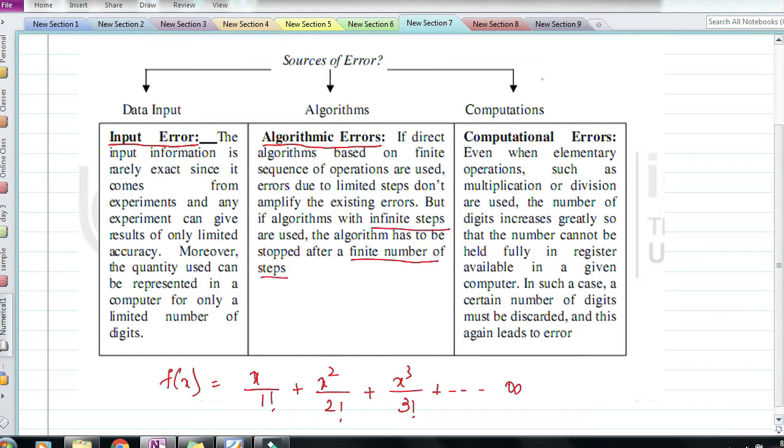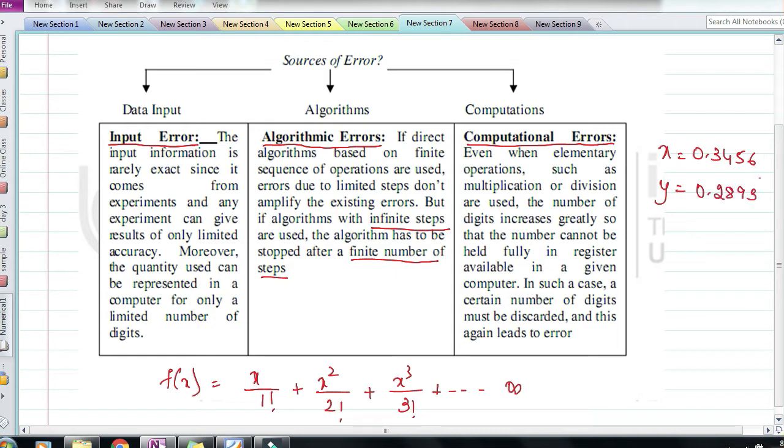Okay. Next we see what are computational errors. The errors that come under this category are those which are a result of elementary operations. If you are adding two numbers or multiplying two numbers or dividing floating point numbers, we have certain limitations. For example, if you are declaring a variable as a floating point variable in C programming, it can store only 6 digits after the decimal point. So if you are multiplying two numbers which have 4 digits after the decimal point, 3456 into 10 power something, and you will have y is equal to 0.2893.